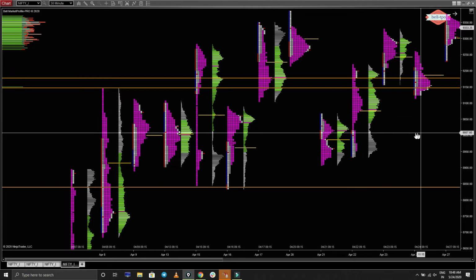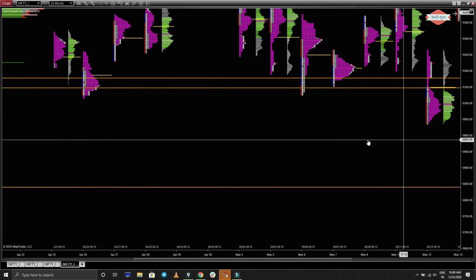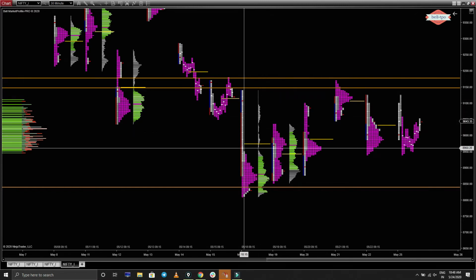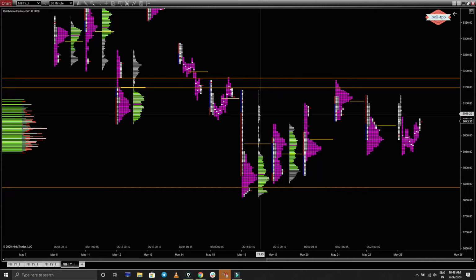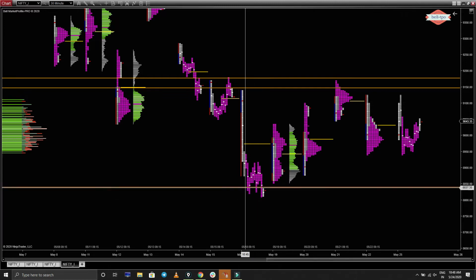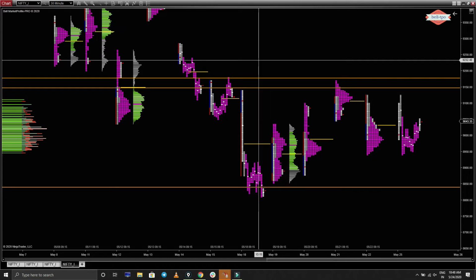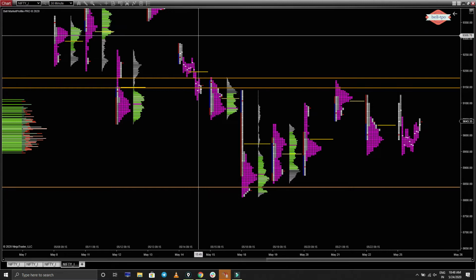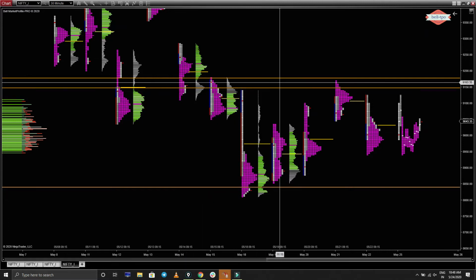See, the day before yesterday the market fell. See how the market fell from there, and it exactly stopped near the single print zone. You can see here how it has been stopped. Like this, single print zones play a very important role in market profile, and you don't need to purchase the market profile. Yes, you don't need to purchase it because it's a waste.